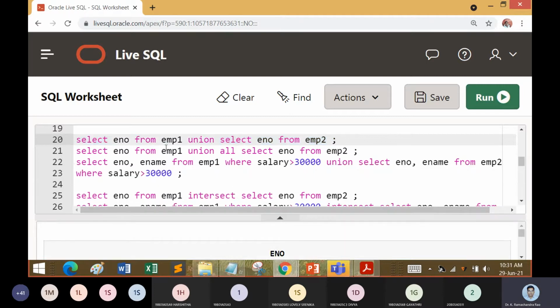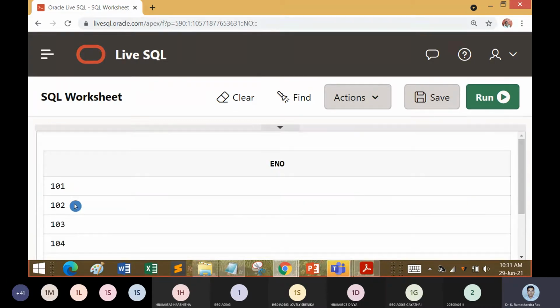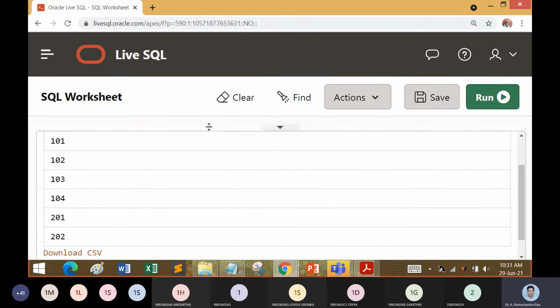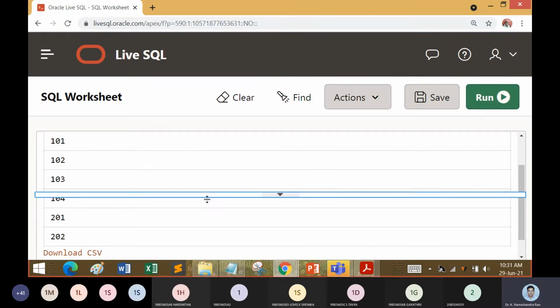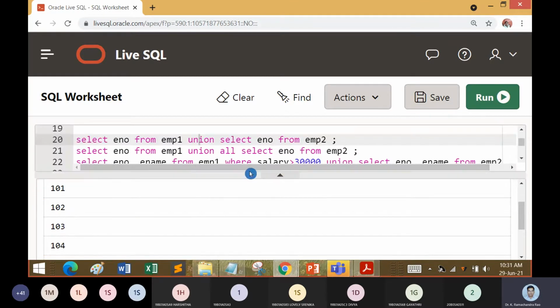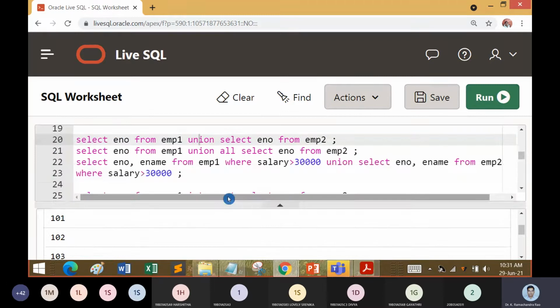We have union from these two tables, so the answer should be 101, 102... 101, 2, 3, 4, all are coming. Yeah, all are coming. So now let us see this union all.